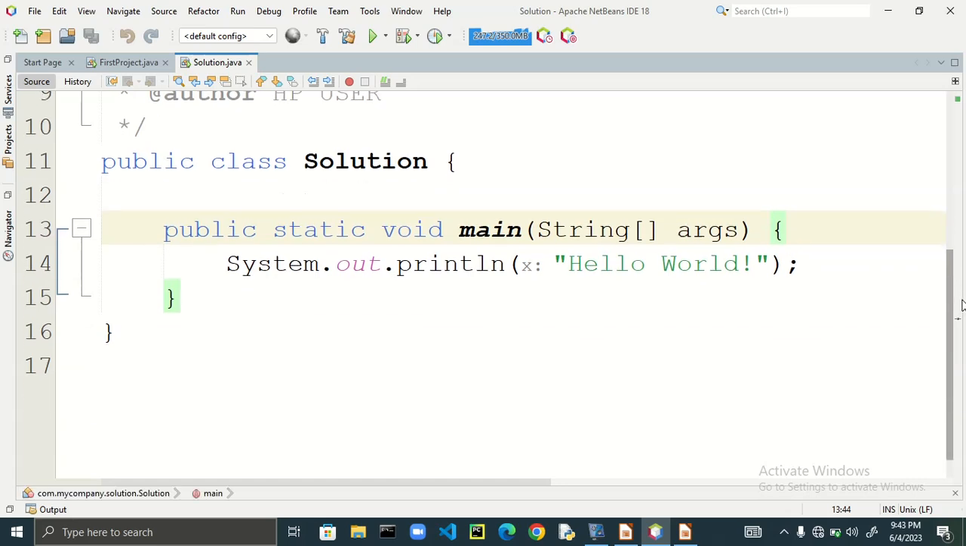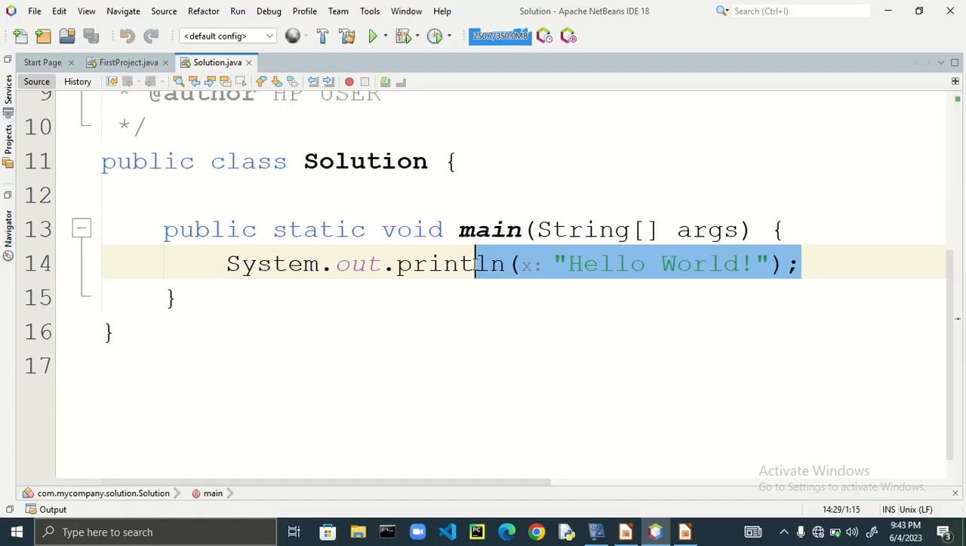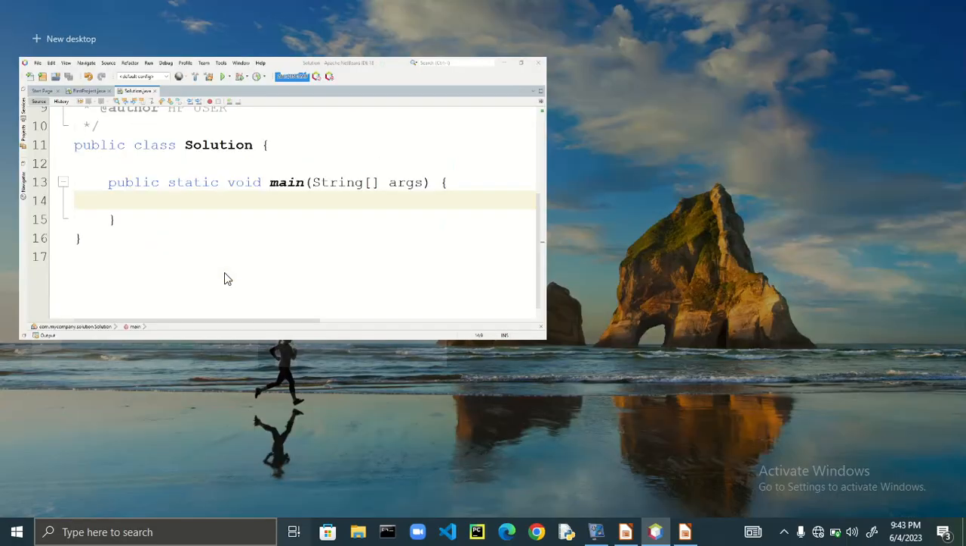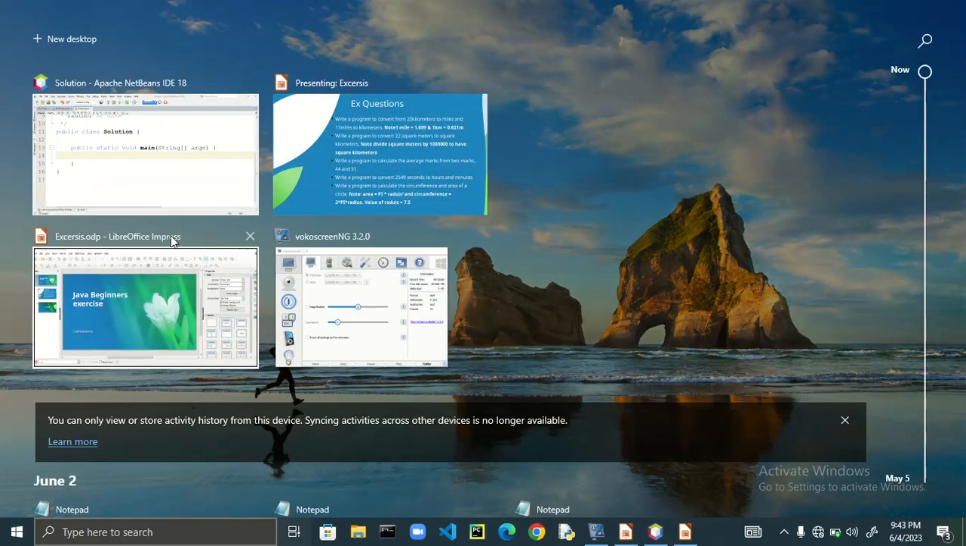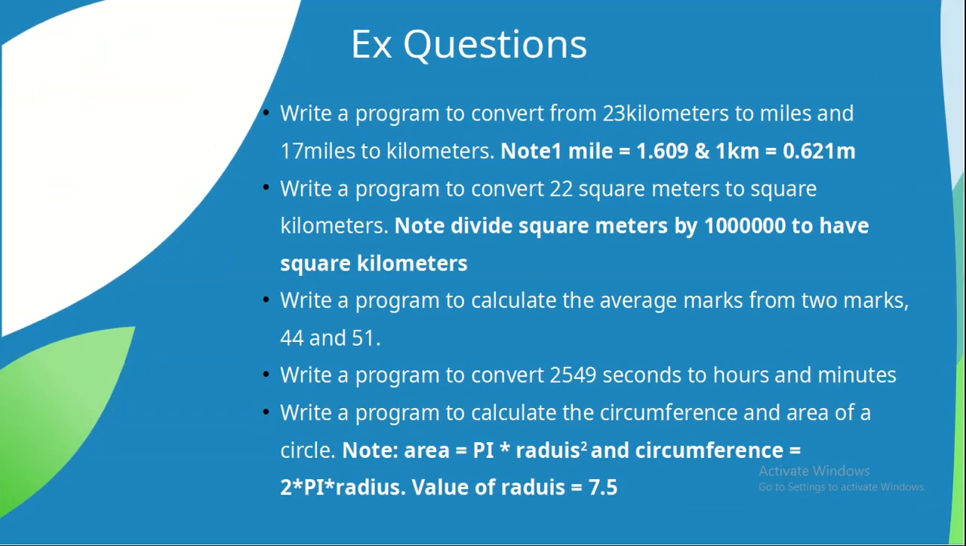Now we have our environment set up and ready for us to start writing our program. Let's go with the first exercise here. The first one says write a program to convert 23 kilometers to miles and then 17 miles to kilometers. And they said you should note that 1 mile is equal to 1.609 kilometers, and then 1 kilometer is equal to